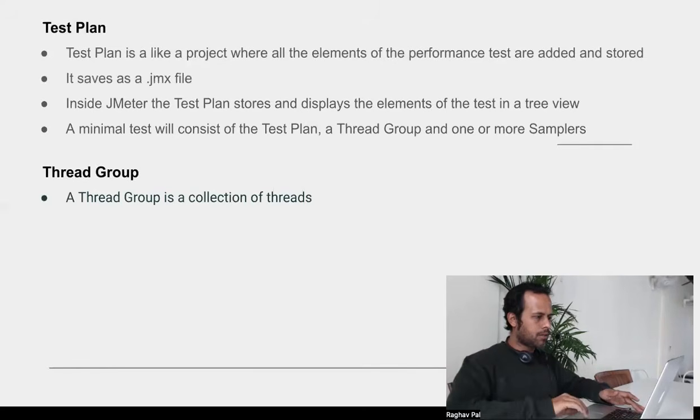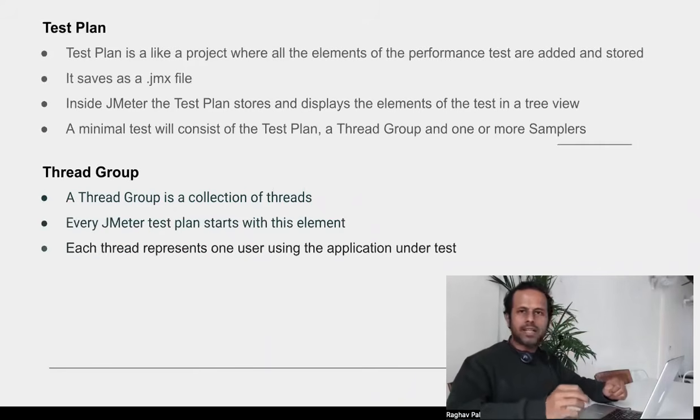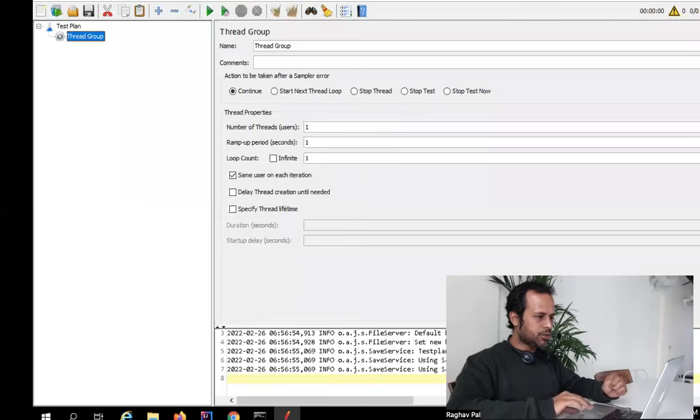Now, coming to thread group, if you are asked any question about it, a thread group is a collection of threads or users. Threads are virtual users. Every JMeter test plan starts with this element, that is thread group, and each thread represents one or more users using the application. So if I show you this thread group,